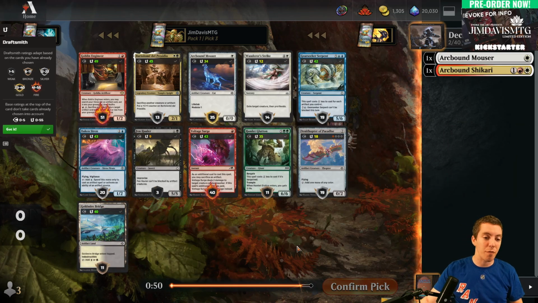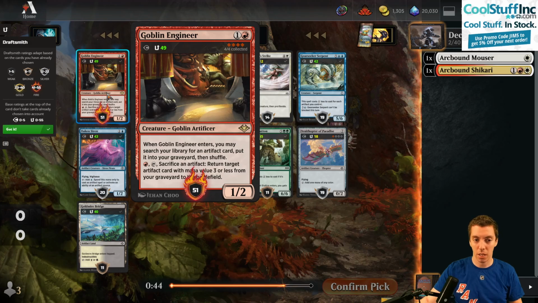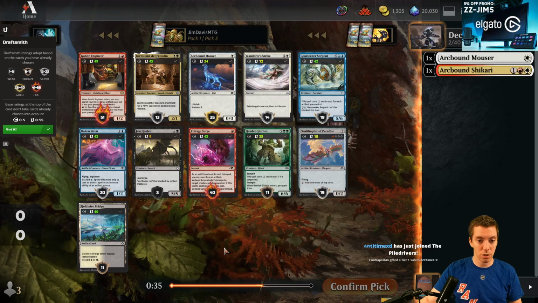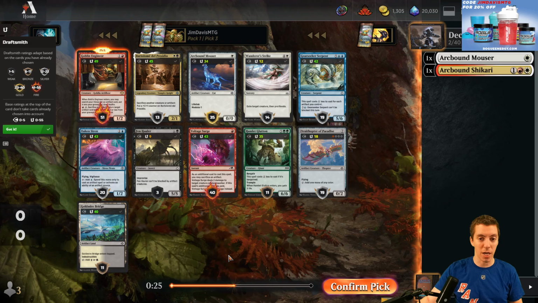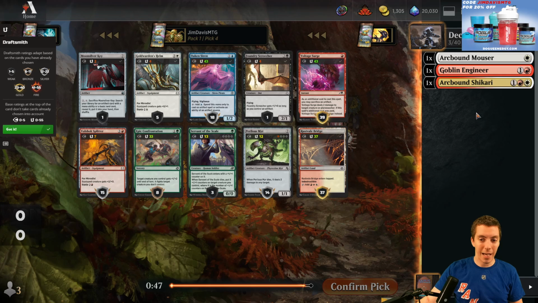Goblin Engineer and Voltage Surge. Goblin Engineer: sacrifice an artifact, return an artifact with mana value 3 or less. It's actually really good because with the modulars, you can just keep doing it over and over again. I gotta like this card a lot. Then you got Voltage Surge and another Mouser. I'm in for the rare. This looks pretty fun, honestly, just modulating over and over and over again. I'm in. Just another Mod Monday. Passing a Mouser and a Surge sucks, but ship it. Goblin Engineer, I can tutor up the Arcbound every...